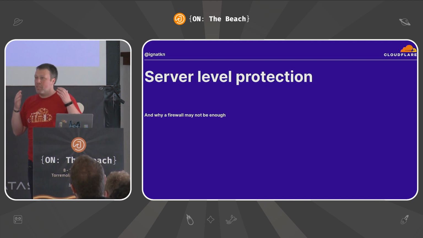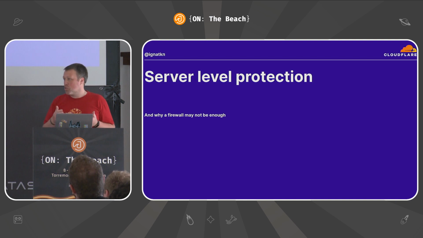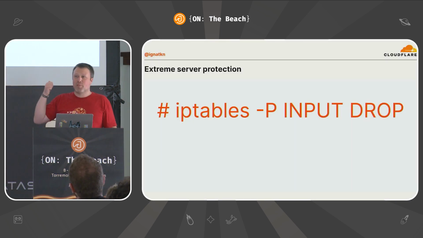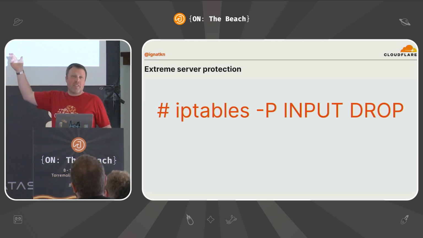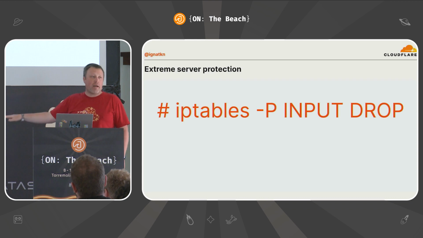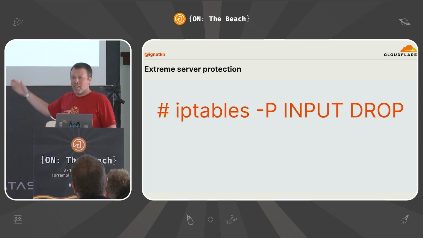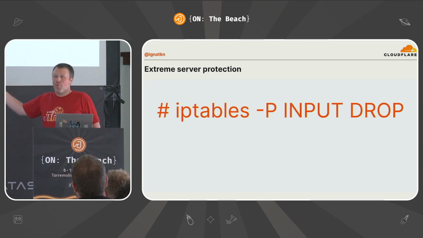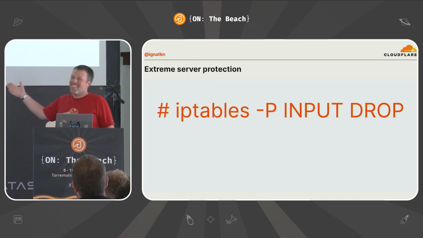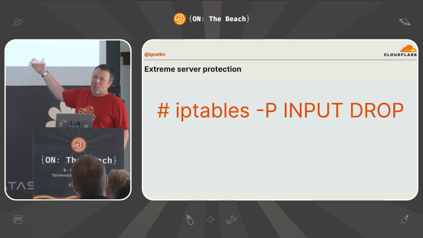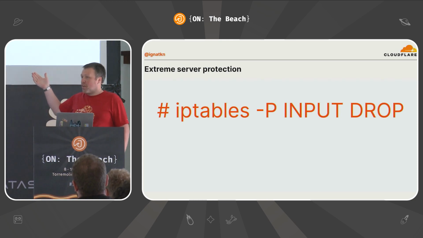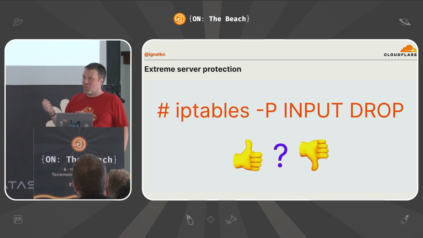So now we need to efficiently filter malicious traffic, right? Who knows what this does? Yeah, this is a Linux firewall rule to drop all incoming connections. Do you think it's an effective way to deal with malicious traffic? Well, yeah, you will block good traffic, but you'll block bad traffic, yes? So is it still good or bad?